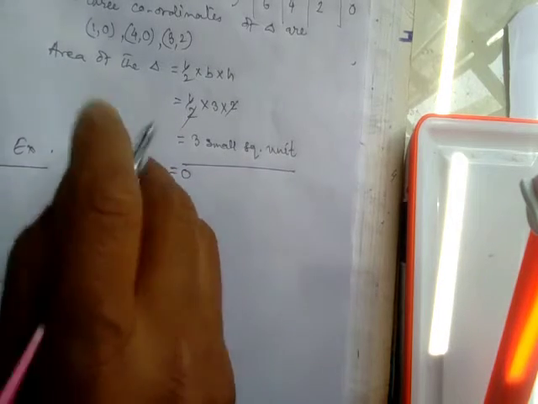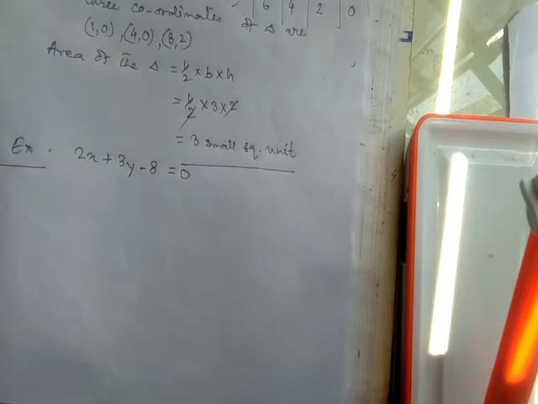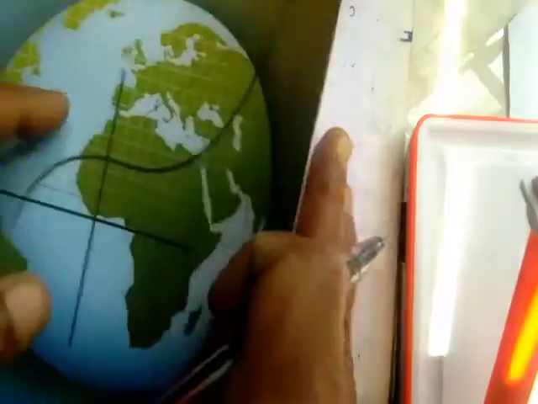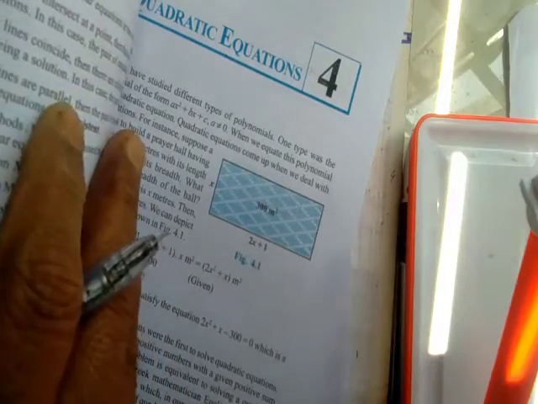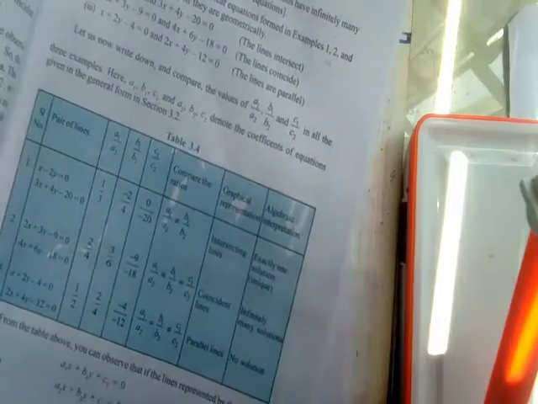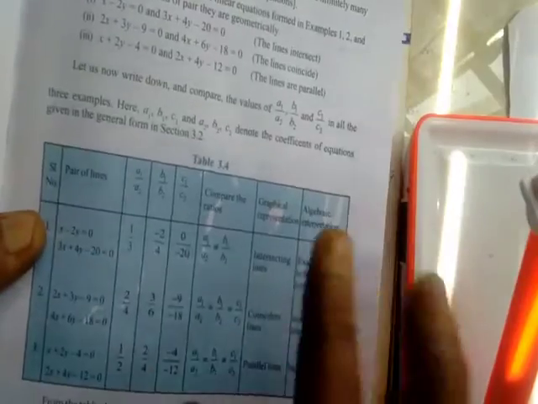This is the linear equation you got. Now I am taking out one table, this table 3.4. Now in the question, first question, you are